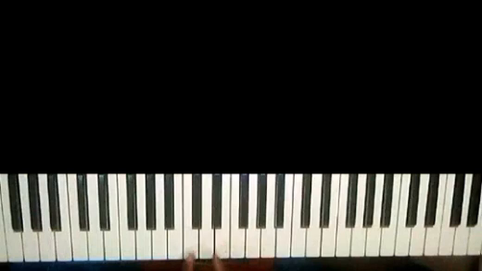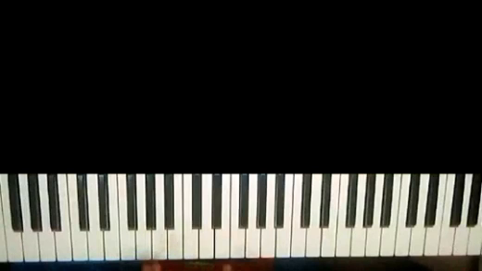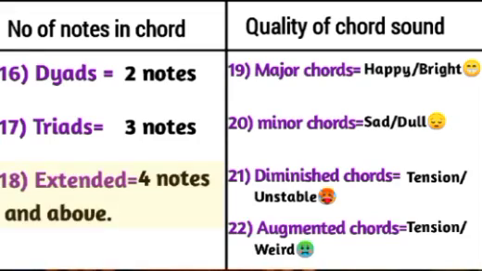So for example, if I play 2 notes, this is actually a dyad chord because this chord contains 2 notes. We also have triad chords, which are essentially chords containing 3 notes. For example, this. We have extended chords, which are simply chords containing more than 3 notes, which are basically 4 notes